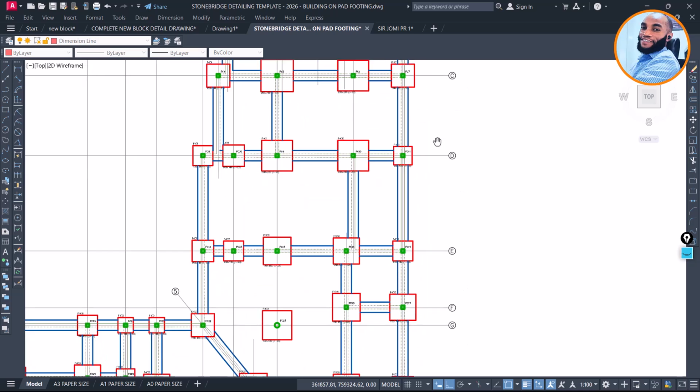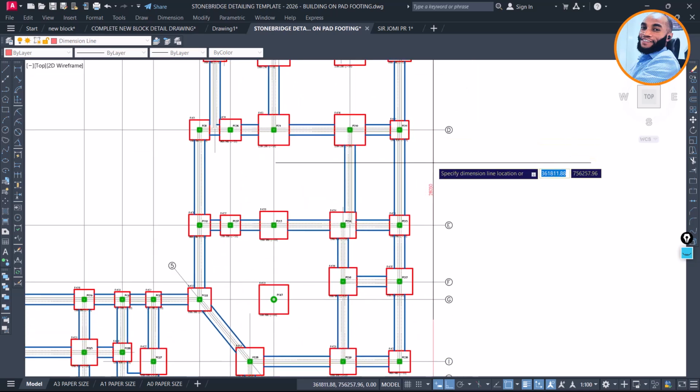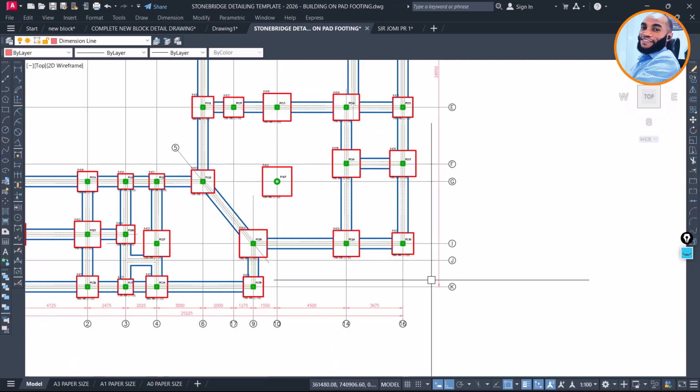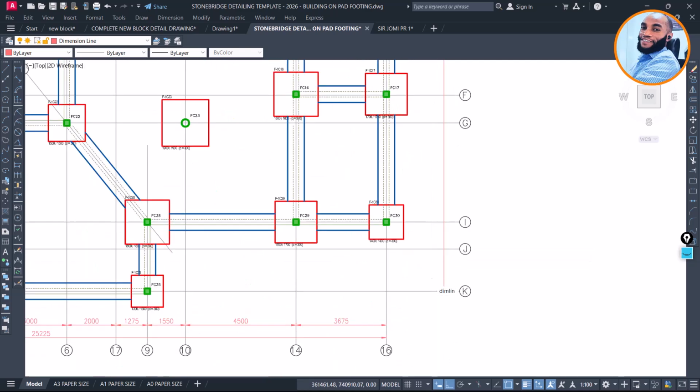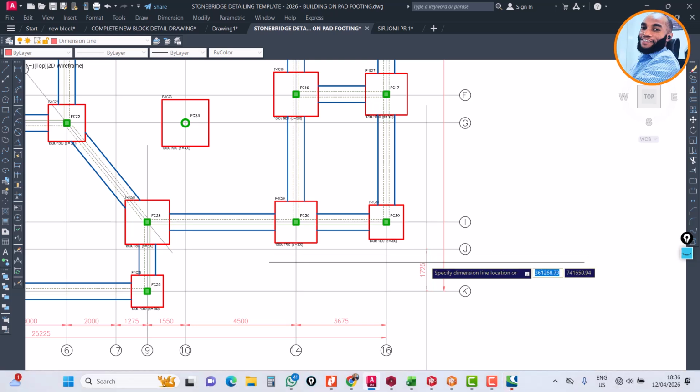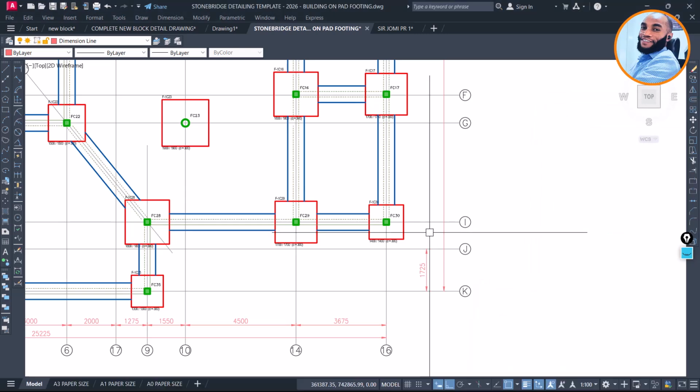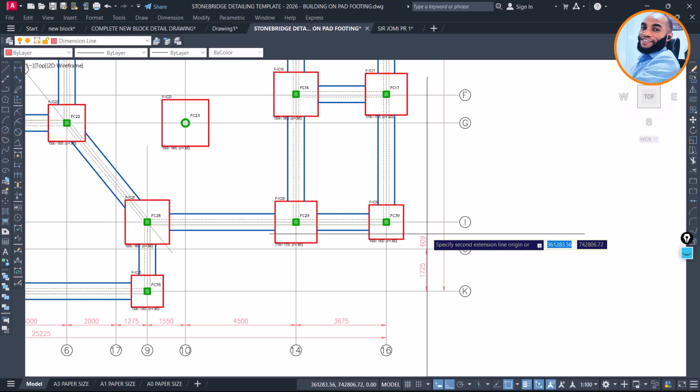So once I've done this now, the next thing I'll do is to place this here first, and I'll then come now, do again DIMLIN, enter, and I'll come again now, click on this and then click on this, and then make sure you don't make that mistake, click on this and keep this here. Okay, keep this here, and again let me close this one, and I'll come now, type DCO, enter, and continuous